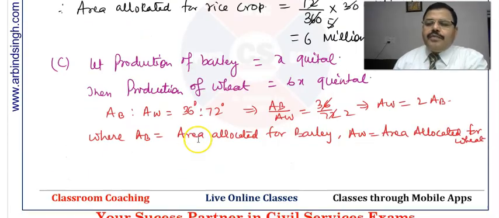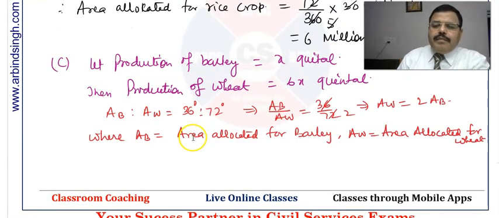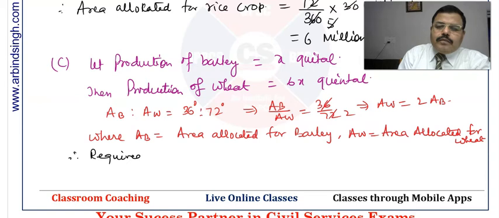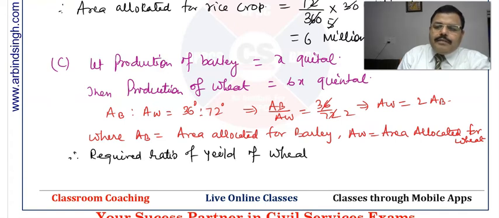Therefore, the required ratio of yield of wheat and barley per acre